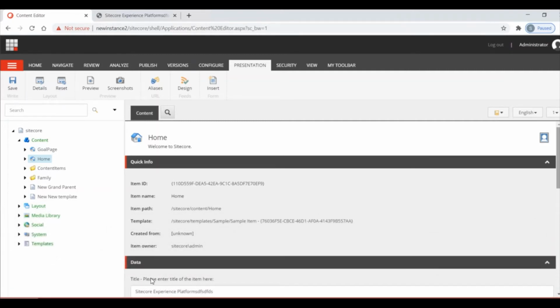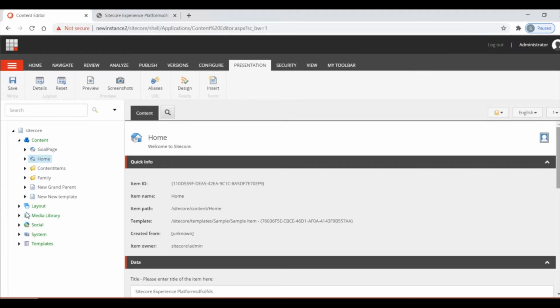Today we are going to see about the dynamic placeholder. Before going to the dynamic placeholder, let us see the drawbacks in static placeholder. What happens is, when you use static placeholder, when you duplicate the content or you use the same component again, the data source remains common, because the placeholder is static.